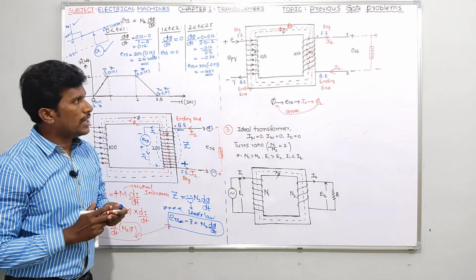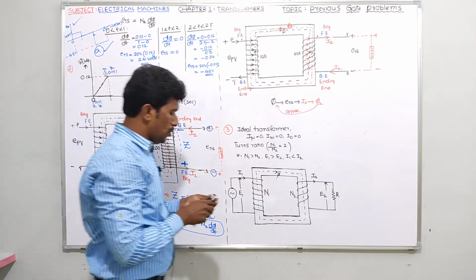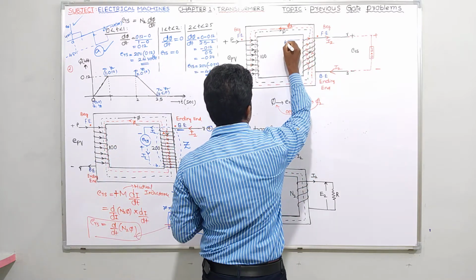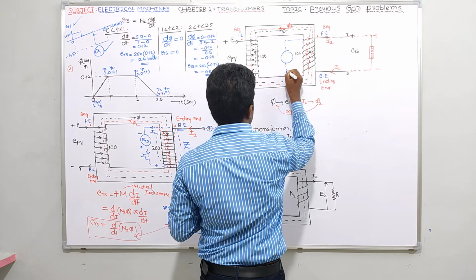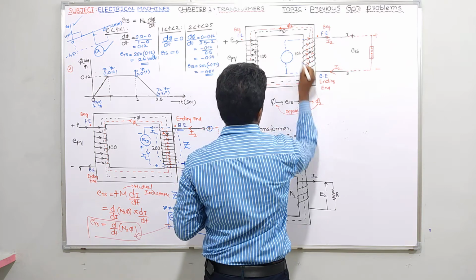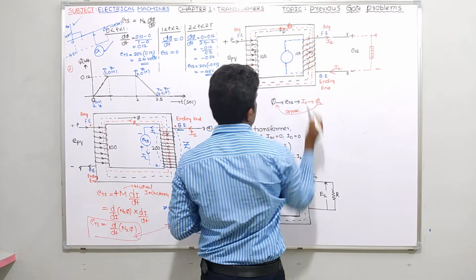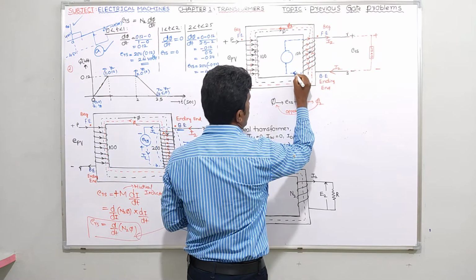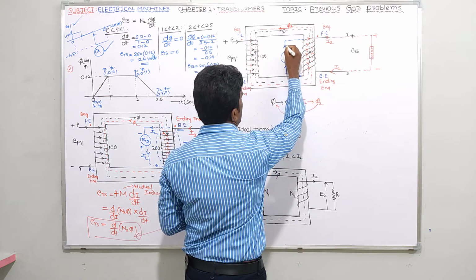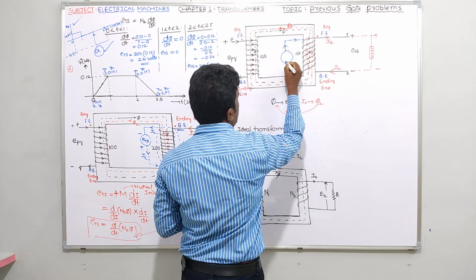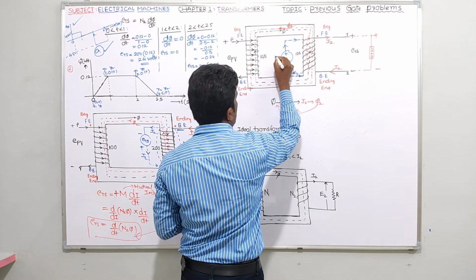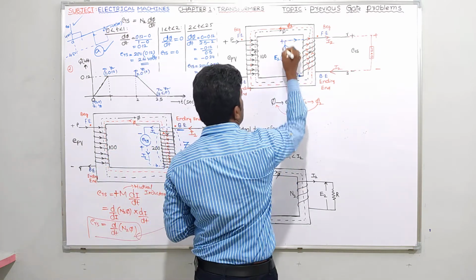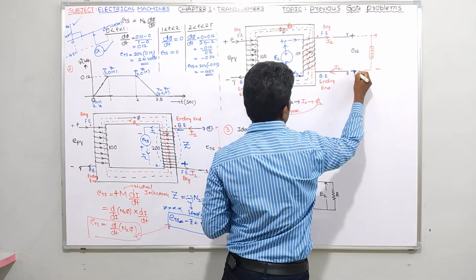No problem. Okay, guys. One more thing I told you: suppose I take this secondary winding as a source. Wherever current enters can be taken as the minus terminal. Current I2 is entering here and leaving here. So where it enters is minus, where it leaves is plus. This is the value of your E2. So simple. Plus is here, minus is here. He has also given plus here and minus here.